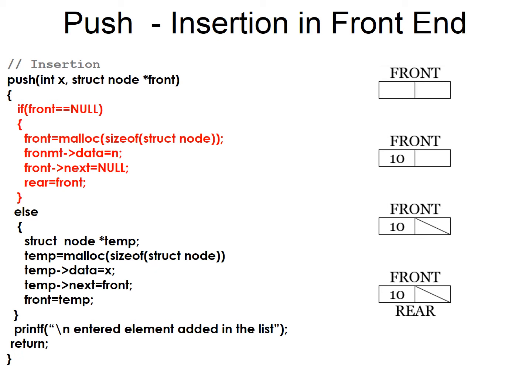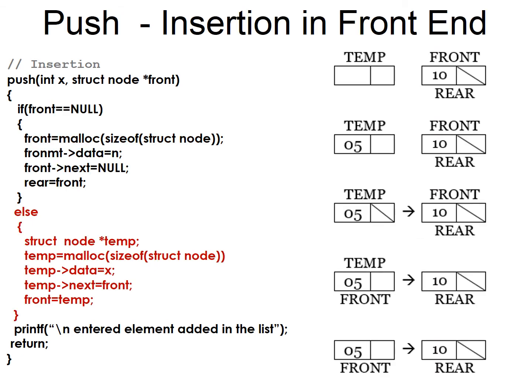If my queue is empty, we'll create a front node, we'll assign the data to the front's data, then this is the first and last node, so its next pointer will be null and rear will also be assigned to the front. This is similar to enqueue's operation when my double-ended queue is empty. Okay, we'll have an example where there is one element in my double-ended queue.